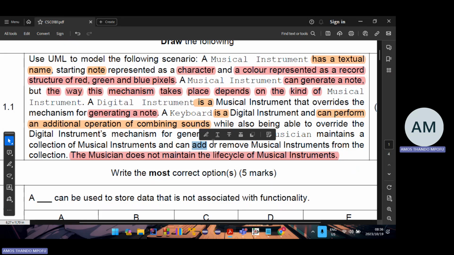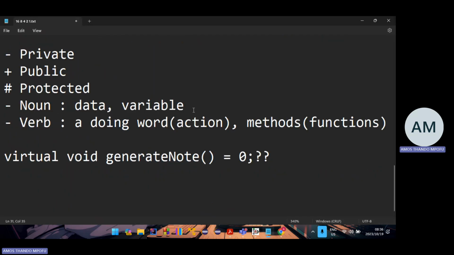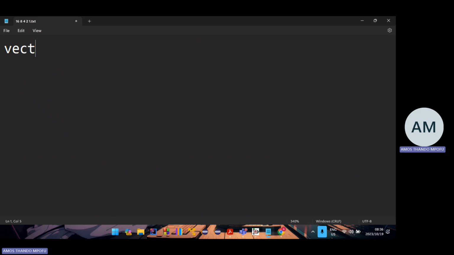Can add or remove musical instrument. So what I would suggest you use here, right? I suggest you use a vector, because with the vector, it resizes dynamically. So every time you add something, the size keeps increasing. If you remove something, it